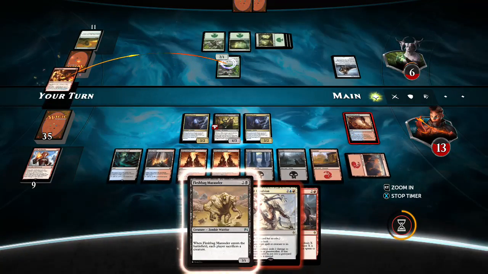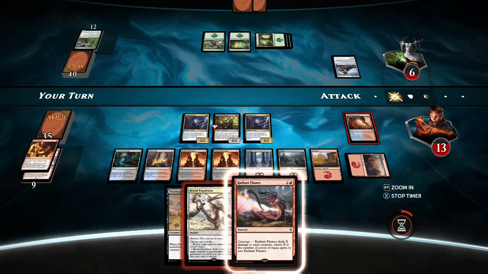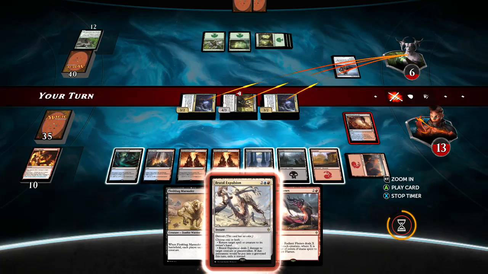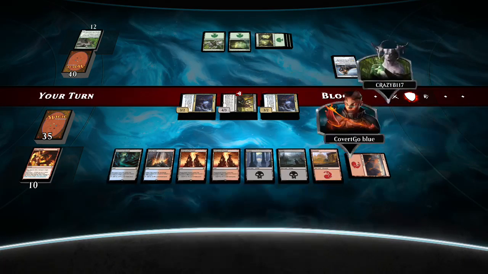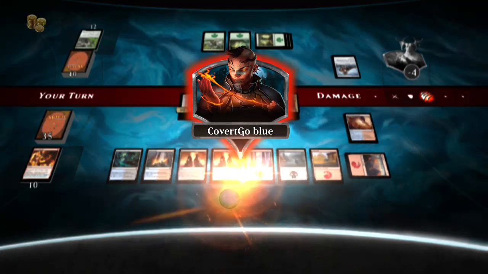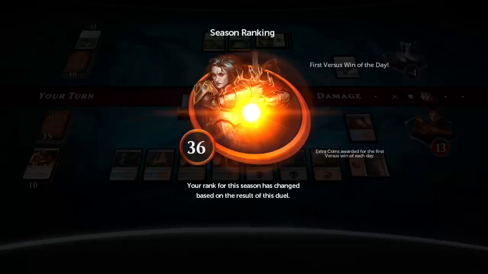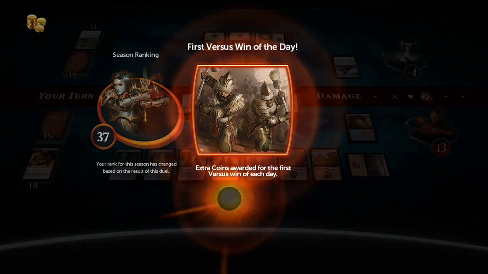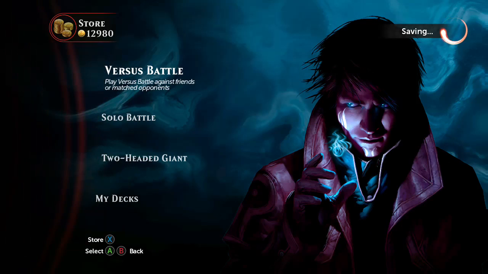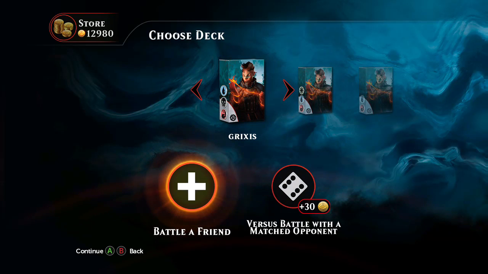Zap. Shall we go once more into the fog? Here we go. Let's go get that fog. Wait for it. Okay. Got there. It was scary for a minute. I didn't know how long the fog might continue. We may draw our whole deck before we get through the fog. Who knows? All right. Doing it again. Grixis